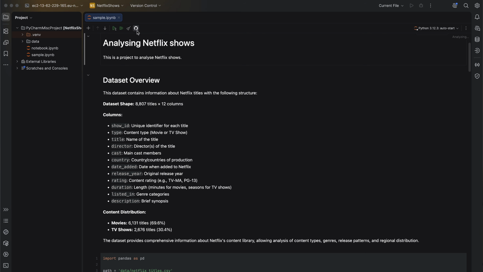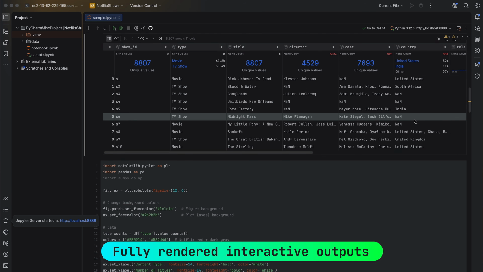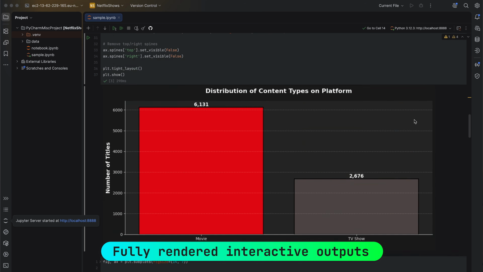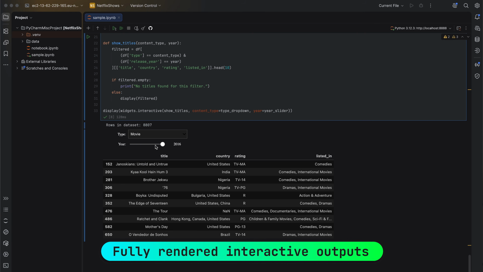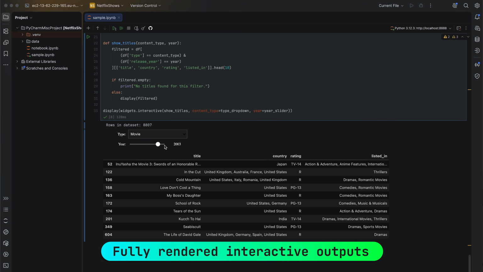Let me open this Jupyter notebook I've already created, but this time remotely. I'm connected to a Linux machine now. I'll run it. As you can see, this project features several tables and a single widget, and everything appears to be properly rendered. The best part is that all the features you already rely on in PyCharm function exactly the